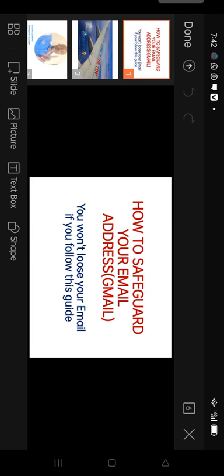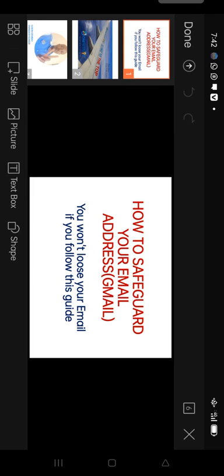So the system is created this way to make sure that we are protected. Our ONPASSIVE account is protected, so nobody can just come in and log into our account. Even the company cannot access our account. This is very, very important, and it's very good because ONPASSIVE is a great company, a company that is created to solve many of the problems on the internet. So security is the number one thing that we always consider.